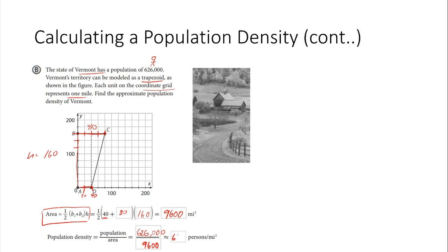And you should get 65.2 persons per square mile. Now, in real life, I would probably go ahead and say 65 or 66 people. I would actually probably just say 66 people per square mile, taking consideration that you have that 0.2